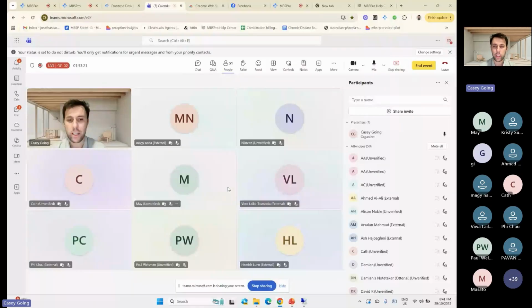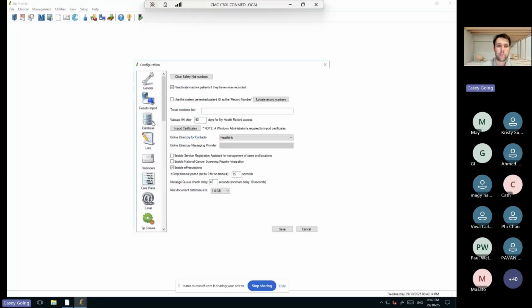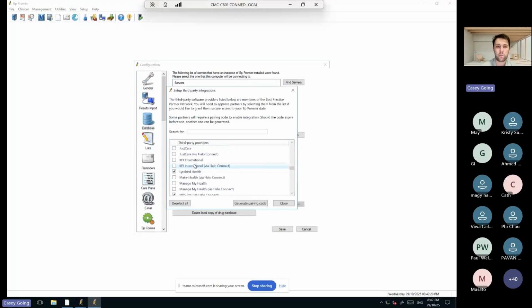Very quickly, I'm sure this is boring for a lot of people. The way that it works when you're in Best Practice, so this is my Best Practice, is you go to Setup. You've got to have access to this, and you may not have access, which is one of the things that we're finding. Not every head doctor has access. Your practice manager will definitely have access. So just double check, but it's definitely in Setup, in Configuration. If you can't see that, you don't have access to it. You need to go to Database, then set up third-party integrations. This will give you a long list of all the cool things that you can integrate, and there's a ton of things, which is awesome. These are all tools that are hopefully going to make your life easier. We're one of them, so you can search for us.